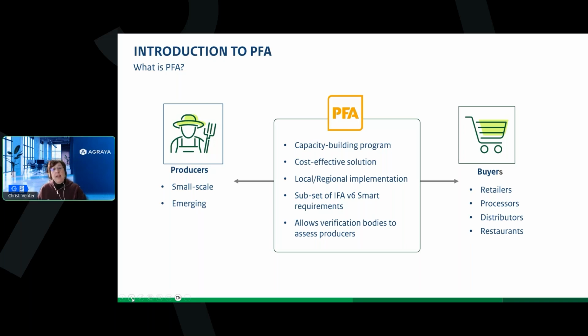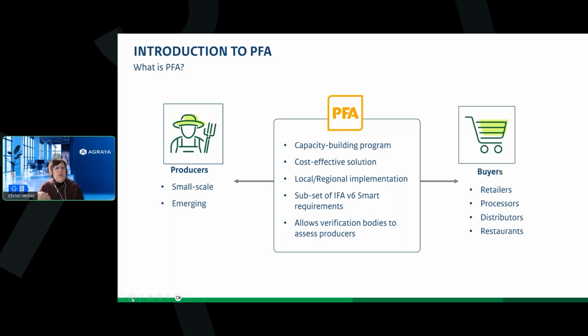And then another thing, because we know that many times in certain regions, there is no certification body or bodies that can pretty much do the assessments. So we have then opened the door for what we call verification bodies. Verification bodies cannot do certification audits. They pretty much can do assessments. They have to be approved with us, but not as the higher level of a certification body. But we opened the door for them.